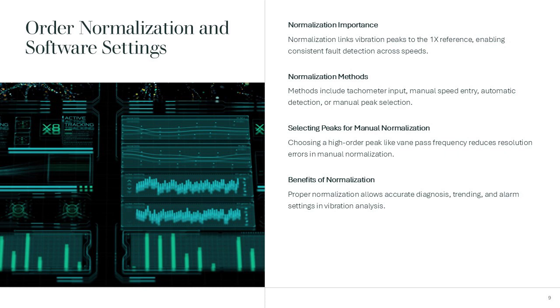When manual selection is necessary, it is advisable to choose a high-order peak, such as a vane pass frequency, because resolution errors are minimized when dividing by a larger number. Once normalized, the spectrum can display peaks in terms of orders, allowing fault cursors and calculated bearing frequencies to align correctly. This process is critical for accurate diagnosis, trending, and alarm setting. Without normalization, the benefits of using orders, such as consistent comparison across speed changes and clear identification of forcing frequencies,